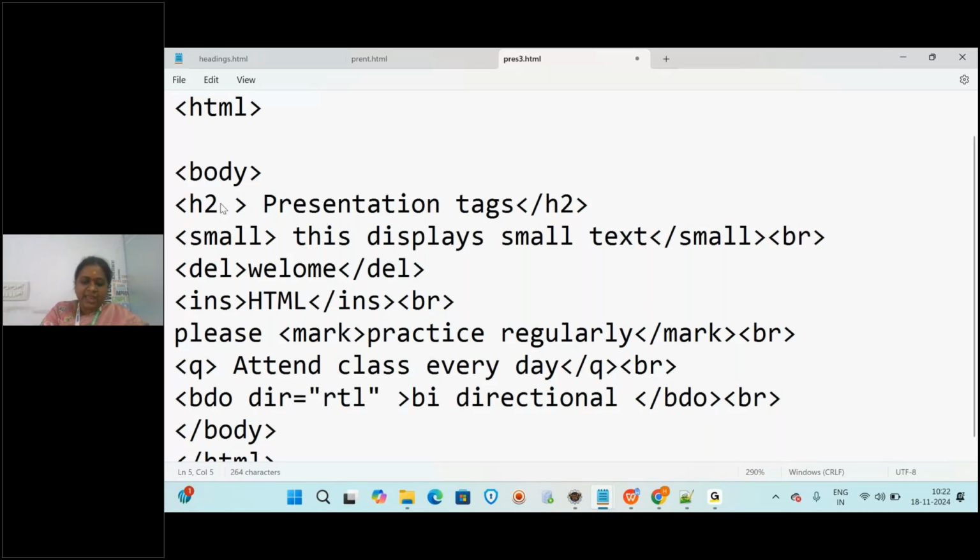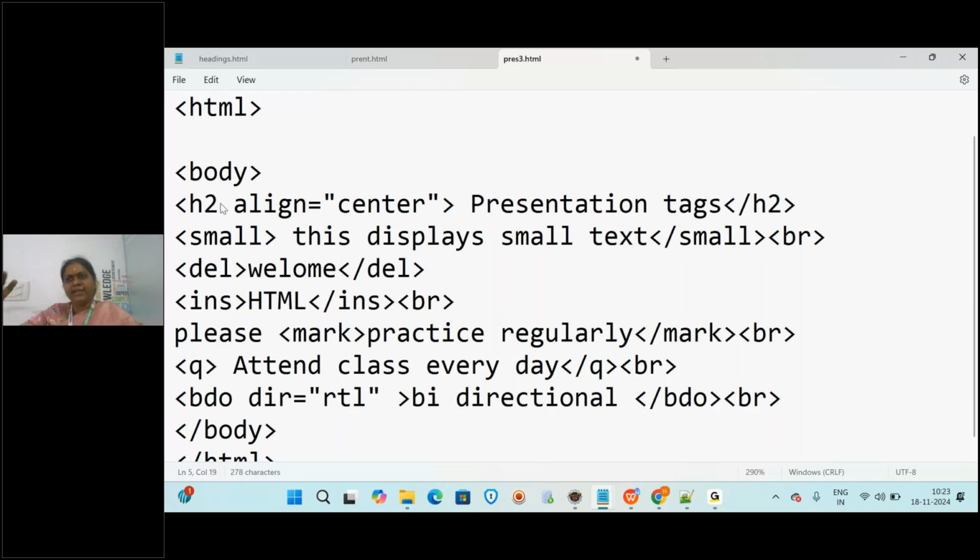Here we have the attribute called align, equal to, in double quotes, center. If you want right, give right. If you want left, by default it is left. But if you want center or right, you have to use align is equal to center. Align is the attribute and center is the value of the attribute.